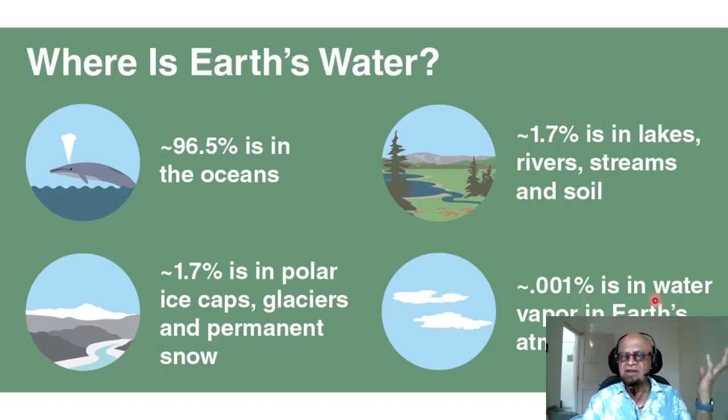0.001% is in water vapor in Earth's atmosphere, even though it's so important in terms of energy, because remember, when it condenses it releases all that heat that is picked up from the ocean, soil, and lakes as latent heat, and it's released in the atmosphere, which drives cyclones and hurricanes, typhoons, rainfall, thunderstorms, transport of energy from the low latitudes to high latitudes that we talked about, and so on and so forth. Obviously, this gives you a sense of how careful we have to be in how we use the fresh water, that's precious little fresh water that's available.